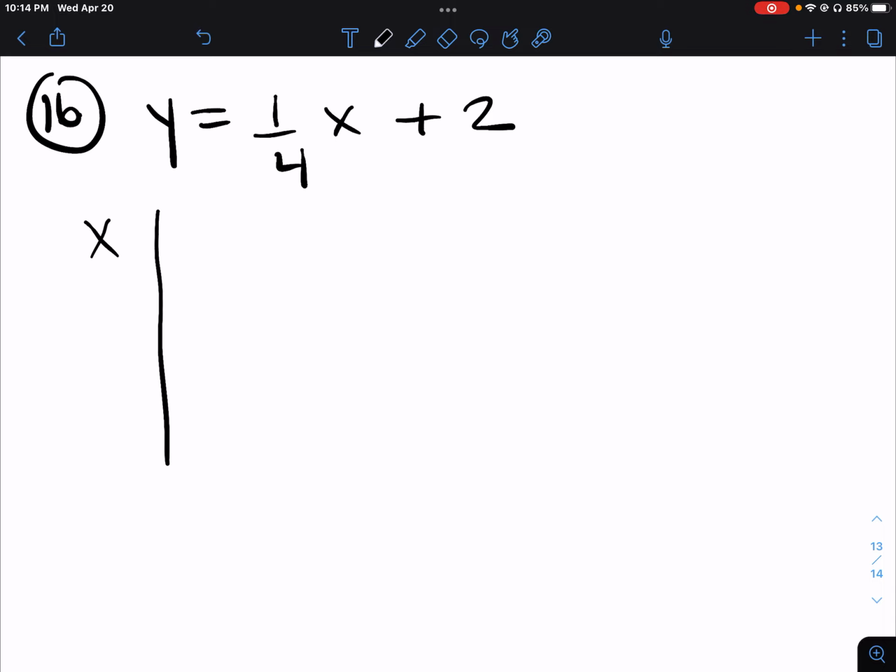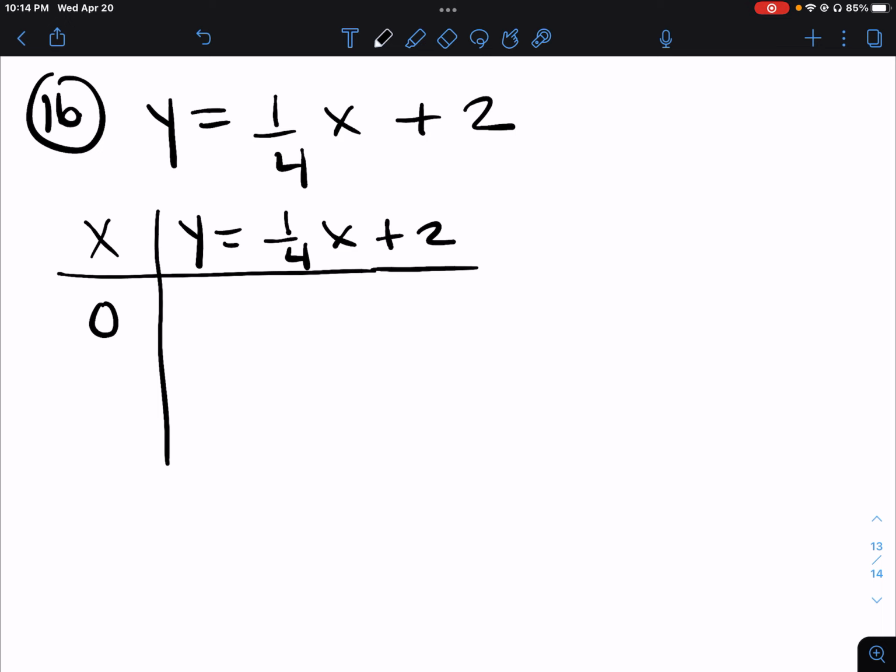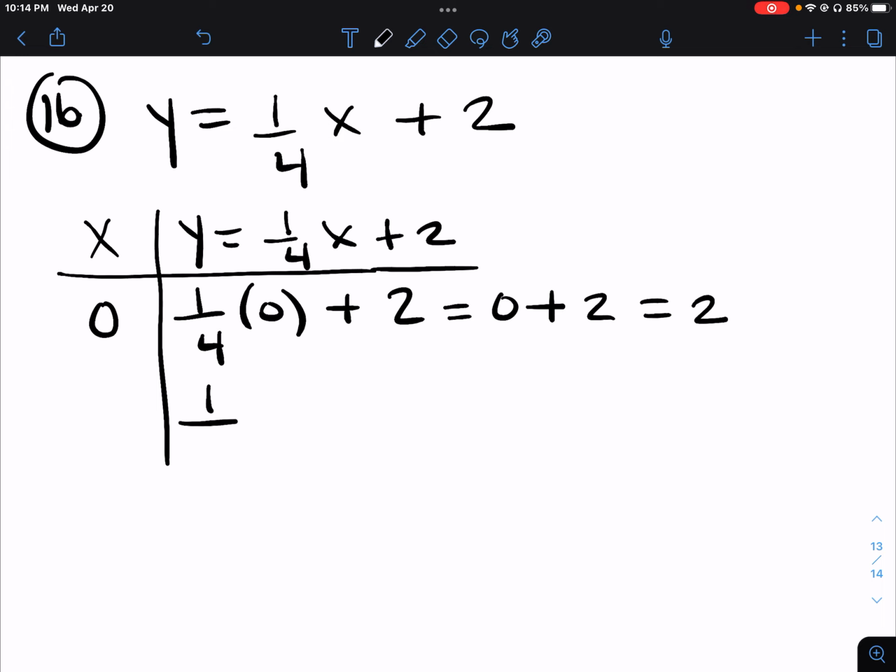Okay, 16, graph. The best thing to do is to make a table. Okay, 0 is always an easy number. 1/4 times 0 is 0, plus 2 is 2. Now,